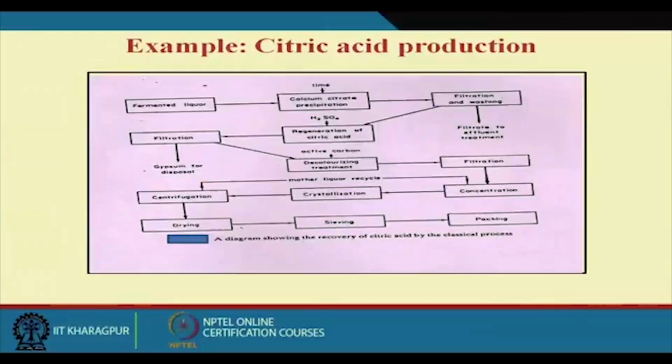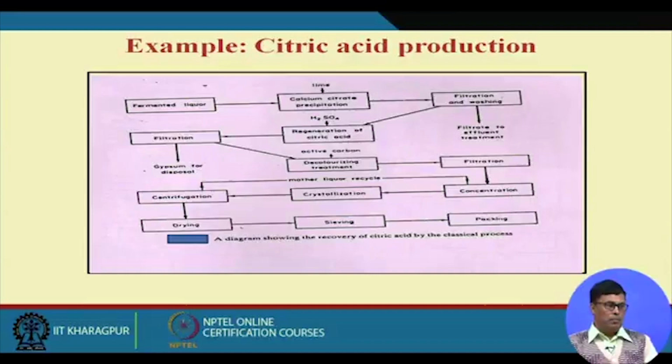Now, here I have taken the example of the citric acid production industry. In the citric acid industry, you see, after the citric acid production takes place in the fermenters, it passes through the different units. Can you see it? This is the calcium citrate precipitation unit, filtration and washing, then regeneration of citric acid, again filtration, decoloring, again filtration, concentration, crystallization, centrifugation, drying, sieving and packing. So, there are so many steps involved before we get the final products, and every step we explain with the